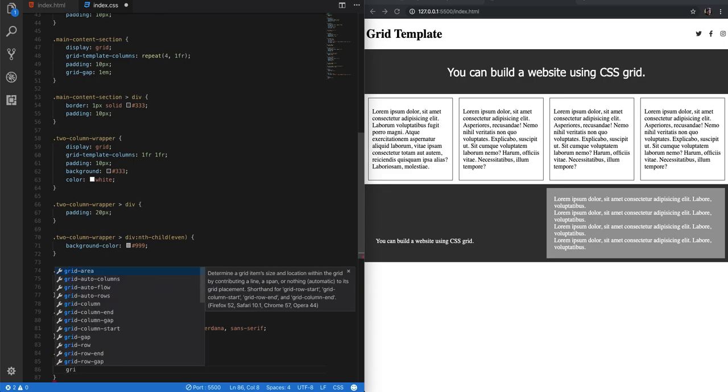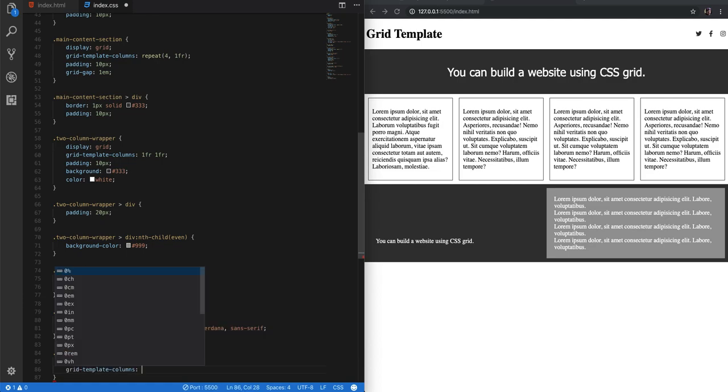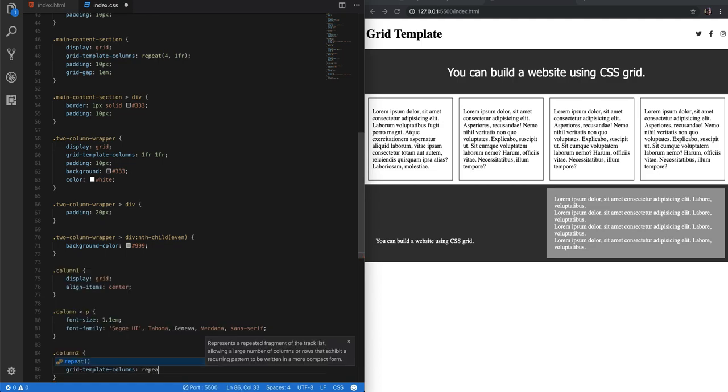And then we're going to have our grid template columns, and we're going to use a repeat on this one because it's going to go across. We're going to have 2 rows, which could be more rows, but 2, so it's going to take the first 2 divs and put them on a 2 fraction row, and then